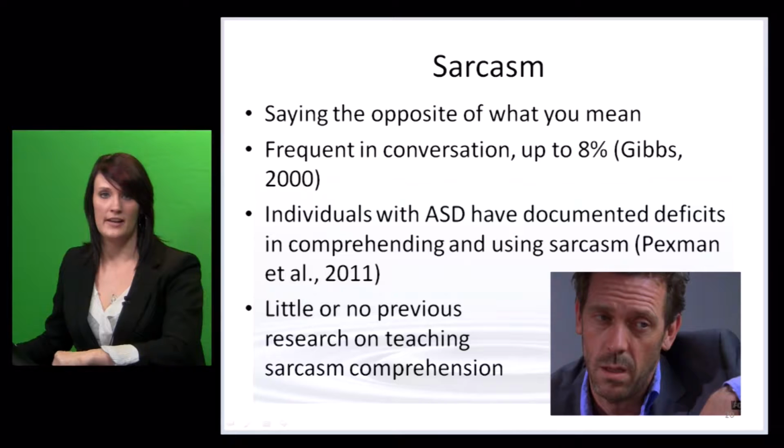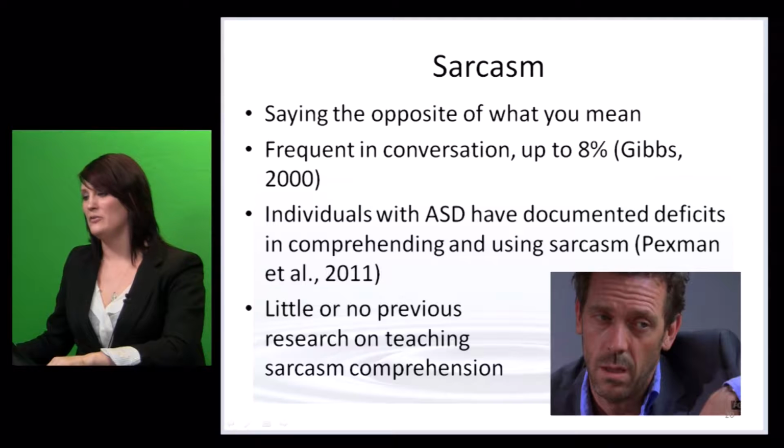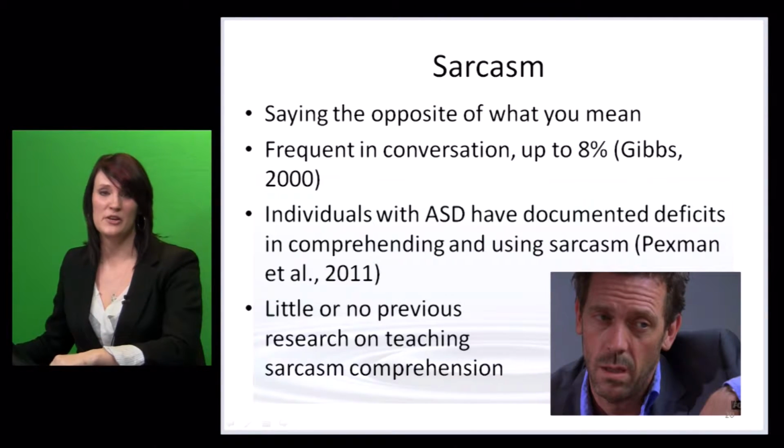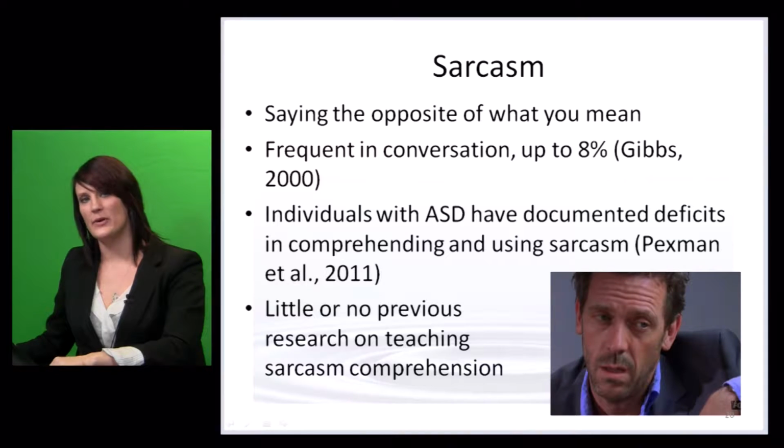As I mentioned earlier, detecting sarcasm is part of perspective taking. It refers to saying the opposite of what you actually mean. So if it's a really nice day outside and I really want to go for a walk, I might say something like, oh, the weather's awful. I would hate to go for a walk. And this actually means that I really do want to go outside. And a lot of people will be able to pick up on my sarcasm and be able to respond appropriately by saying, okay, let's go for a walk, or that's a good idea, let's go outside, instead of saying, no, it's a great day outside, why wouldn't you want to go for a walk?